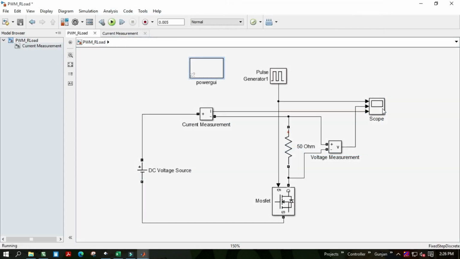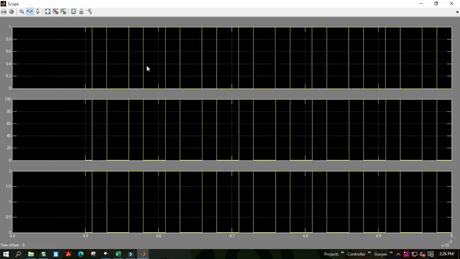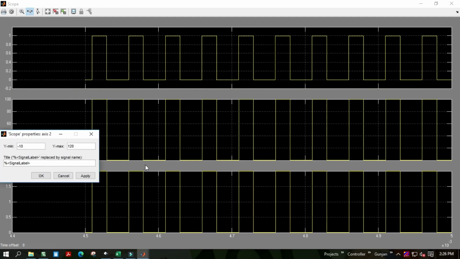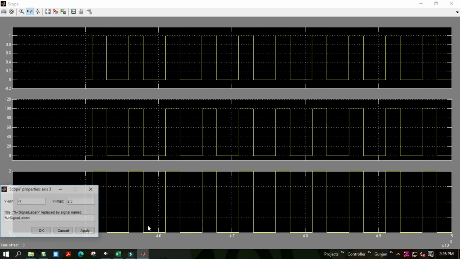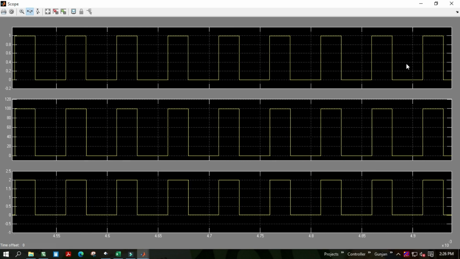Let us run the simulation again and adjust the axis. So now it is appropriate.